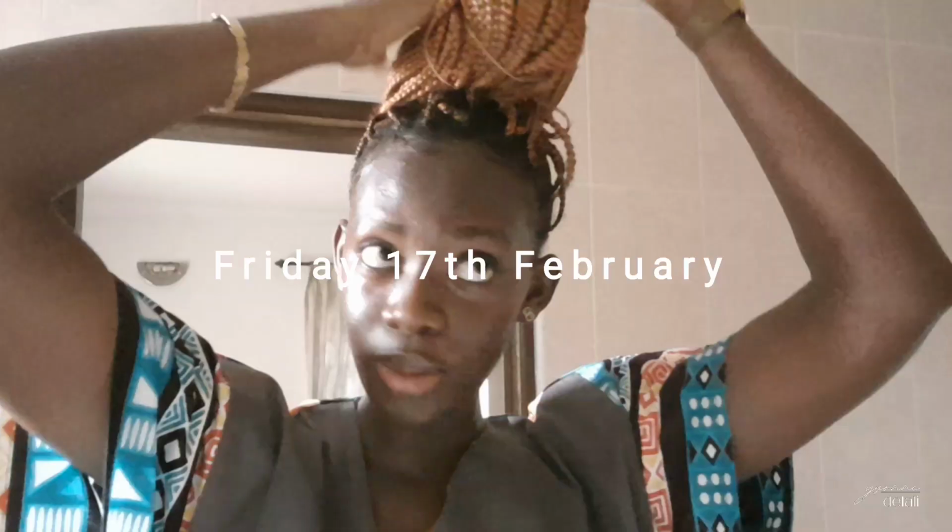Good morning. I'm getting ready to leave the house, and you see this dress? I made it a couple of videos ago. I will link it in the cards above. But yesterday I was looking for something to wear for work, and I picked this up, and my sister was like, why is the gray part so wide? And I honestly didn't think about it until I looked at the design again. I was like,